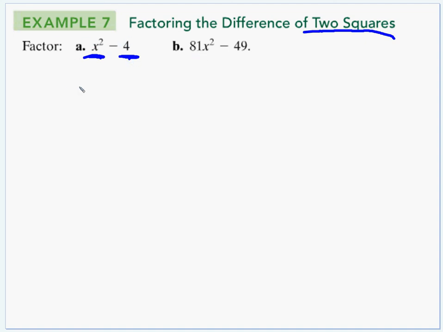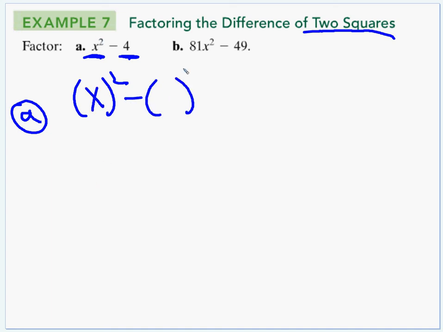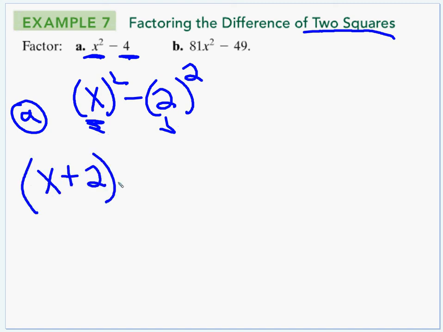Same thing, let's just do a first. A is a nice and easy one. So we could sort of think about it like this. What would you square to get x squared? Well, that would just be x. What would you square to get 4? 2. So your terms are x and 2. And your factors then will be a sum, x plus 2, as well as a difference, x minus 2,